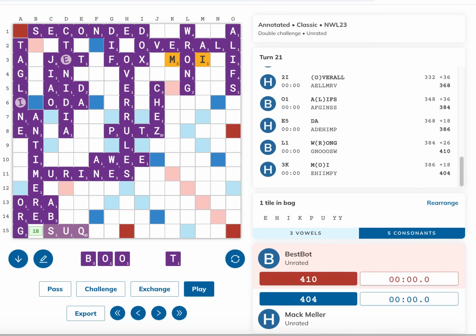You can play the same exact word for 24 more points, and it really doesn't seem to be worse positionally. So why are you giving up 24 points? Well, the reason is, as we'll see, there's several reasons, but the biggest reason is that BestBot isn't blocking any huge scoring plays by playing Souk on the bottom. But if BestBot plays Souk on top for 42,